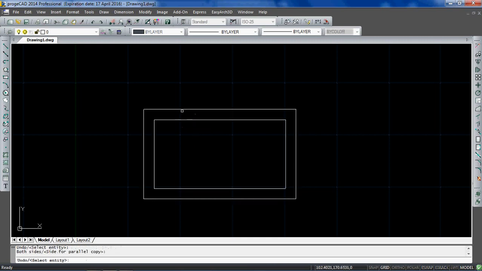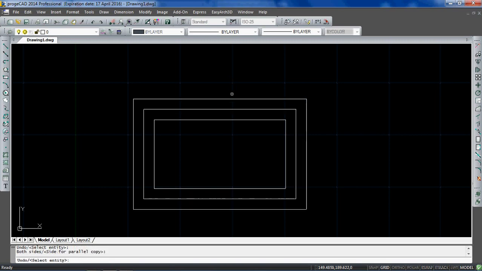You can see a smaller rectangle with a distance of 10 mm from the outer rectangle is placed inside. Again, now I am selecting the same entity and clicking outside of the rectangle, so that a bigger rectangle is placed outside the original rectangle at a distance of 10 mm.